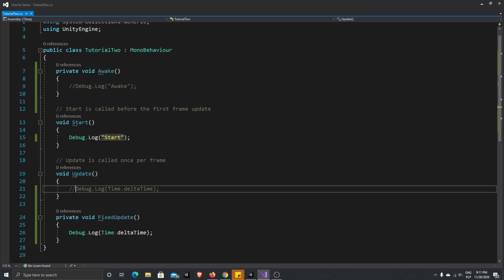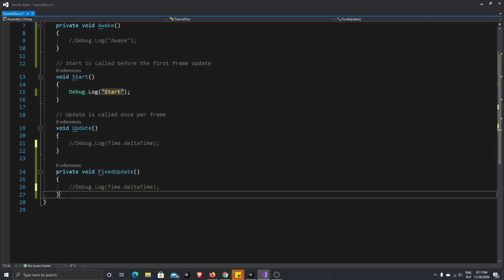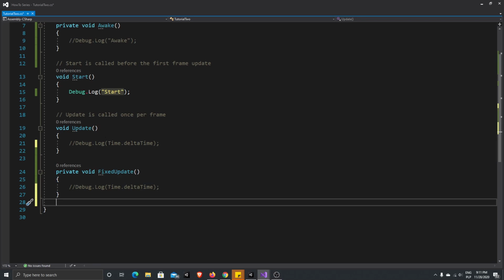So it would mean that, for example, in racing games, players would have different times when they're racing, or the car would behave differently on each computer. So to avoid that, you should always do the physics calculations inside fixed update. And